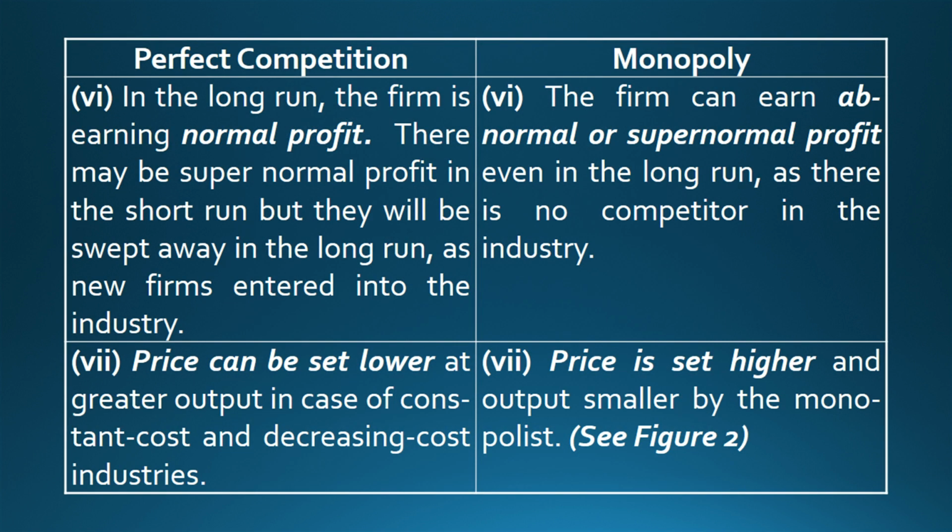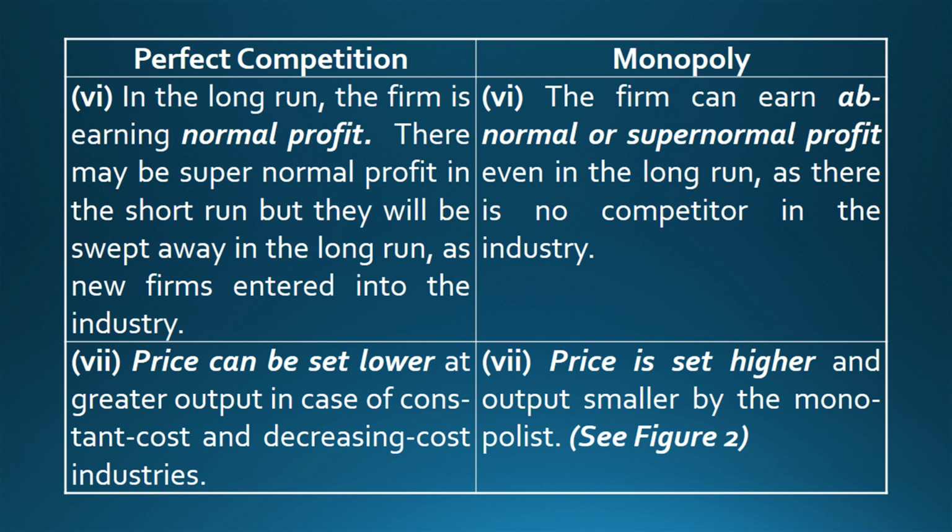6. Under perfect competition, in the long run, the firm is earning normal profit. There may be supernormal profit in the short run, but it will be swept away in the long run, as new firms enter into the industry. Under monopoly, the firm can earn abnormal or supernormal profit even in the long run,